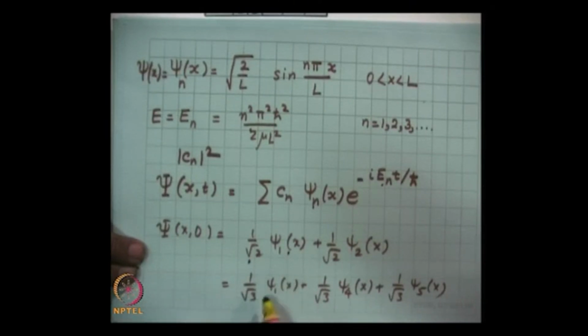Therefore, if you make a measurement, will you obtain E1 or E2 if the particle is in this state? There is a half probability of obtaining E1 and a half probability of obtaining E2. So, the energy is not known exactly, it is in a superposed state. So, let me show you a slide,